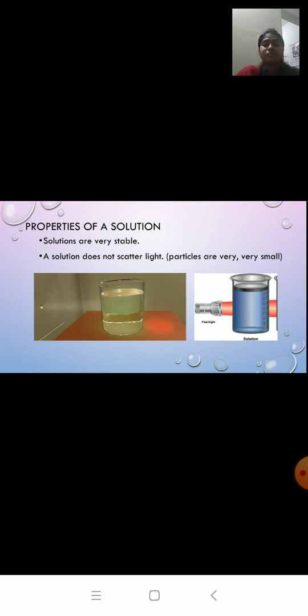Okay. Now this was solution. Usually, when I say solution, we feel that a solution is formed by mixing solid in liquid. In fact, the majority of solutions are formed by mixing solid in liquid. But apart from that, we even have solutions made from liquid mixed in liquid, gas in gas, and so on. Okay, so let us learn some different types of solution.